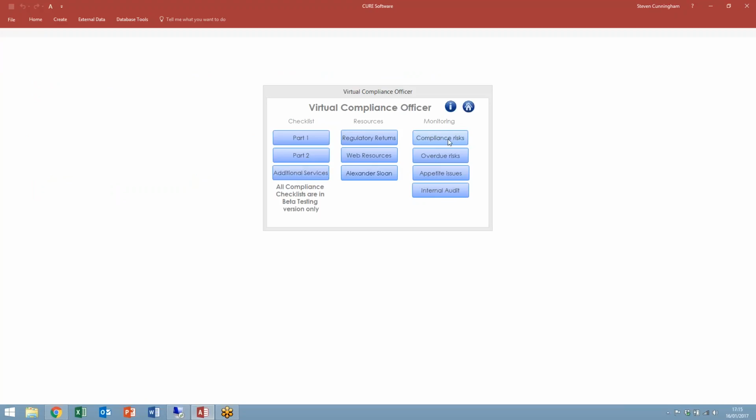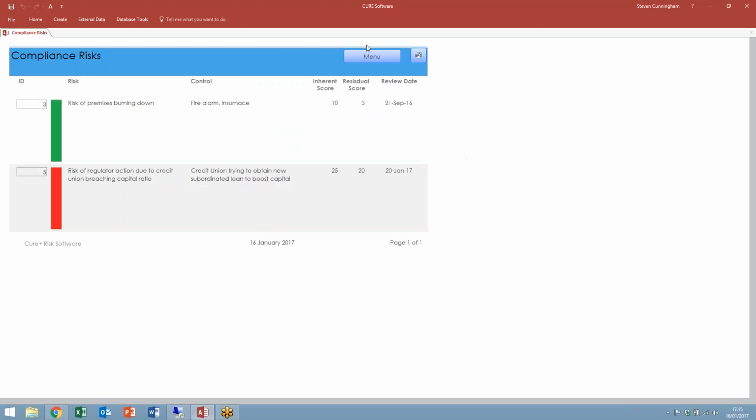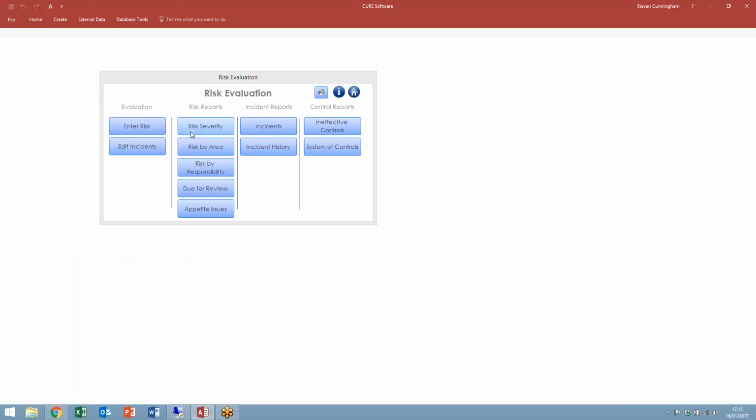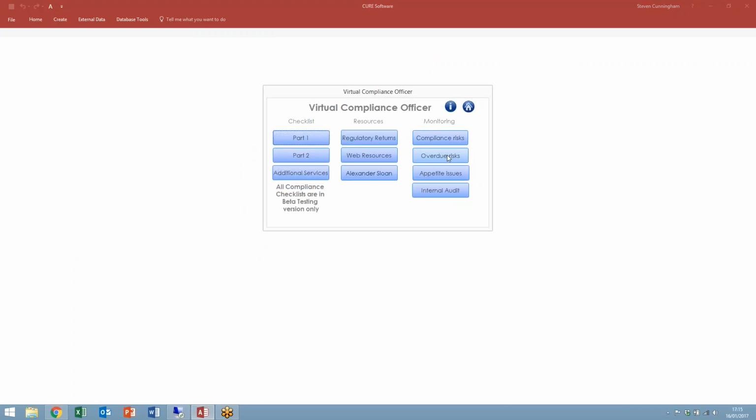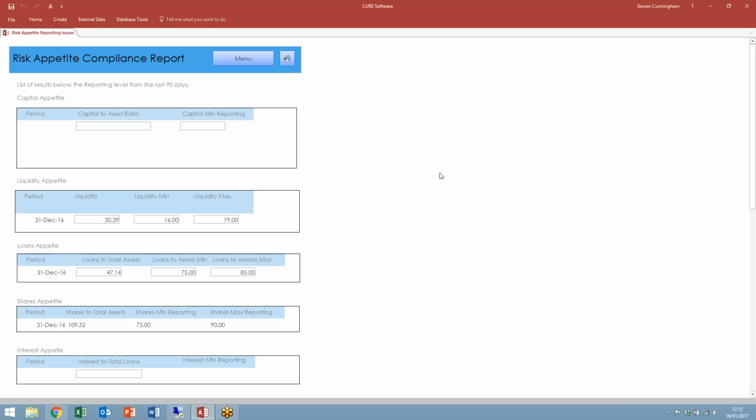Under monitoring, you'll have compliance risks. Again, that will give you anything that's been identified as being a compliance risk of the credit union. It'll give you the overdue risks. Appetite issues will then go through and look at how you state your risk appetites and give you a list of anything in the last 3 months where the credit union failed to comply. So in this case,